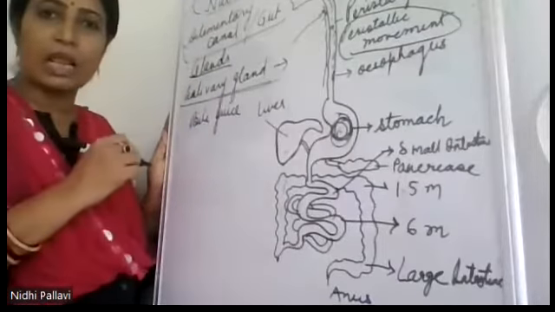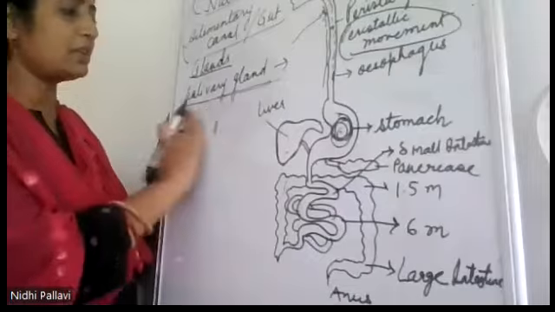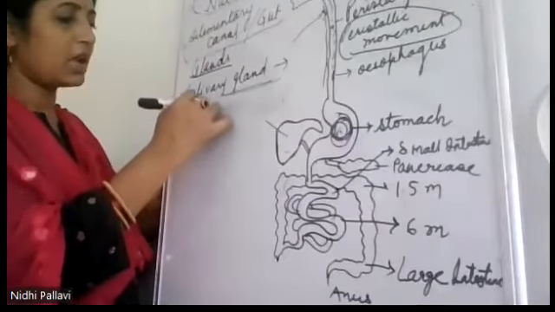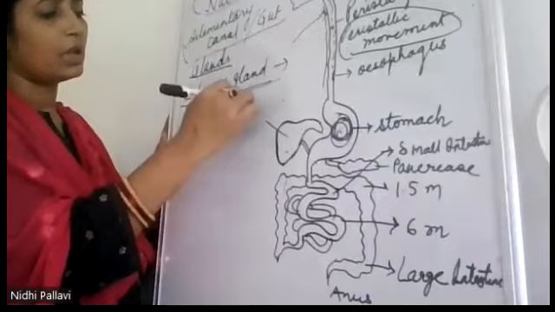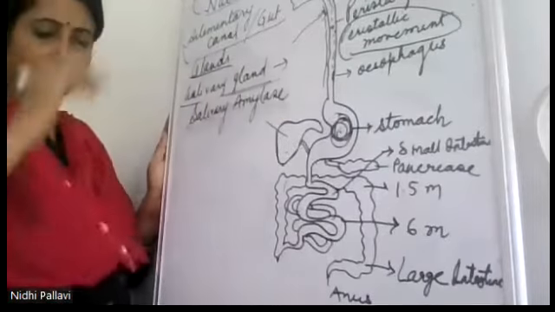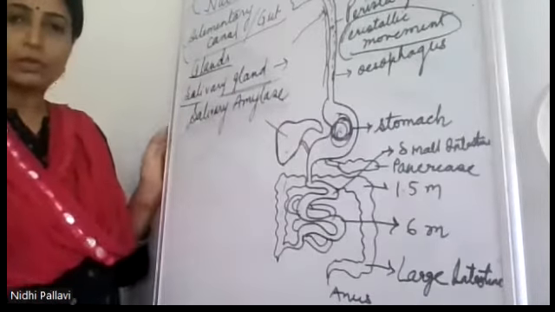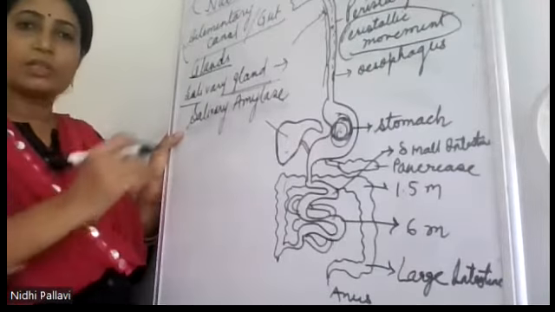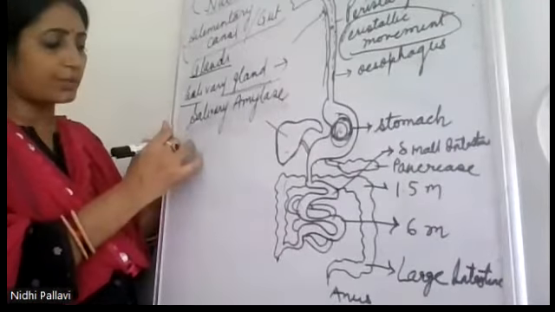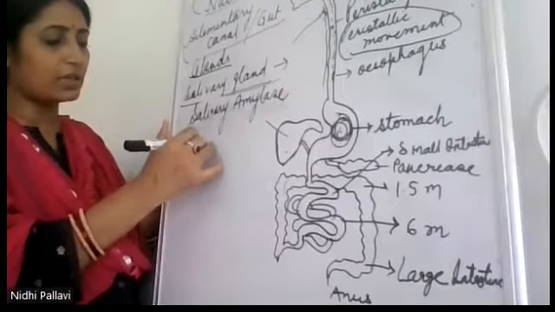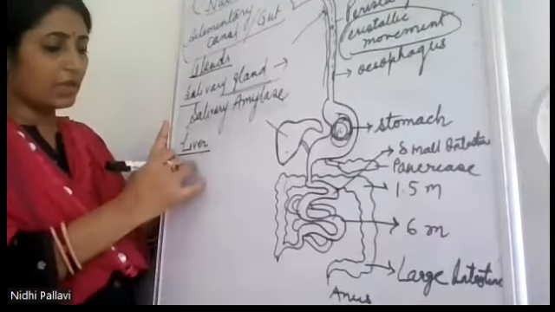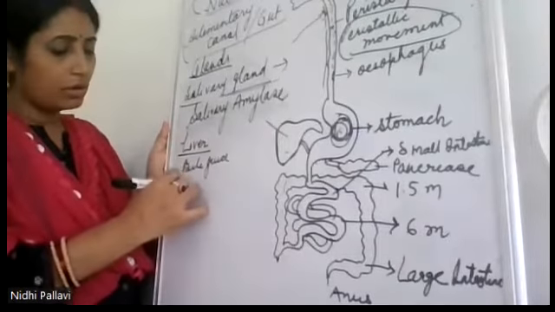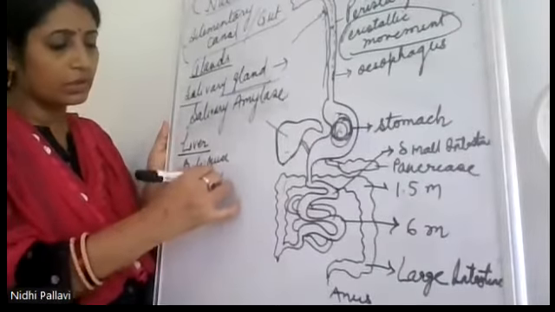First one is salivary gland. What does salivary gland secrete? Salivary gland secretes salivary amylase. ठीक है। ये क्या secrete करता है? Salivary amylase को secrete करता है। उसके बाद आपका सबसे बड़ा, largest gland जो है, that is liver. लीवर क्या secrete करता है? बाइल जूस और बाइल सॉल्ट को सिक्रीट करता है।